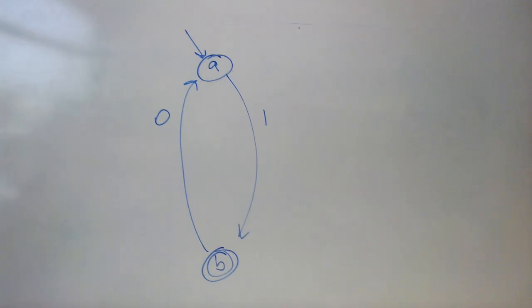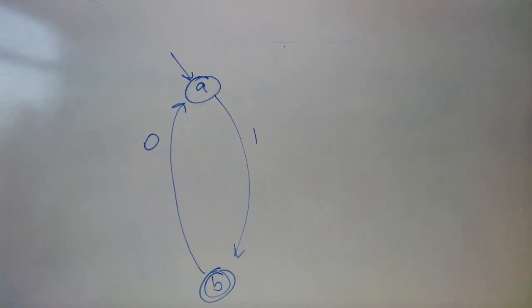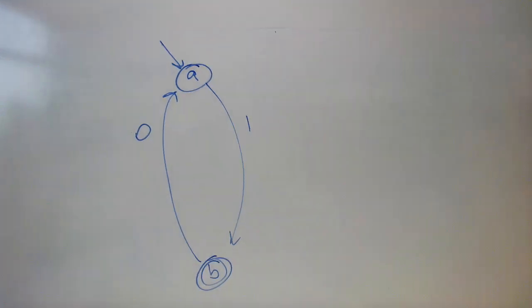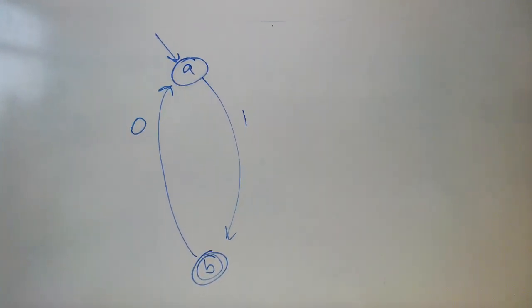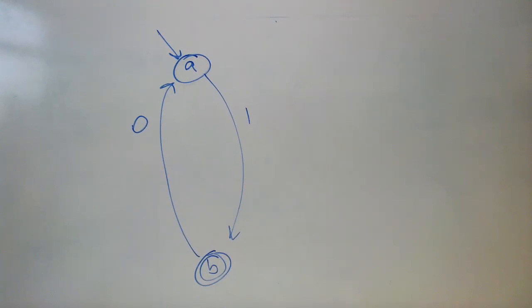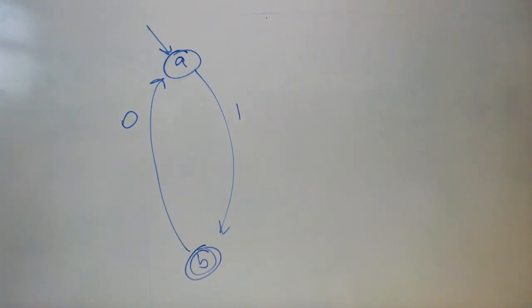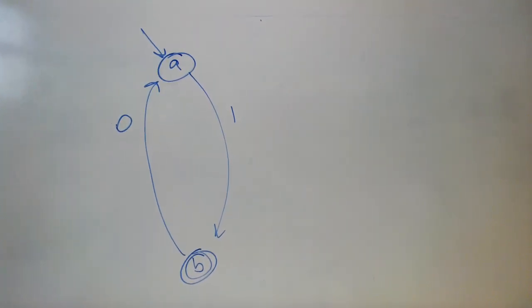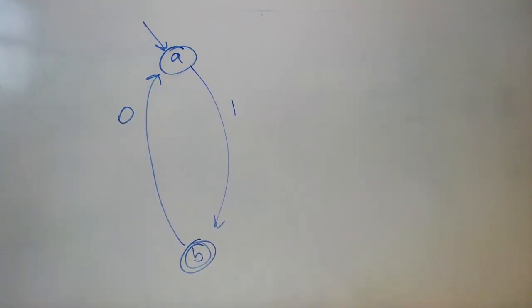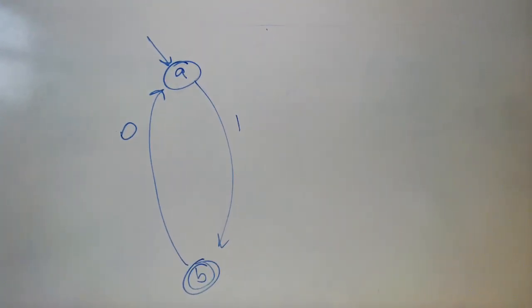Okay, so what we're going to do is take a look at how to convert a deterministic finite automaton into a regular expression. What I have here is a non-deterministic finite automaton, and I'm going to convert it to a regular expression. To do that, I'm first going to take this automaton and turn it into a generalized non-deterministic finite